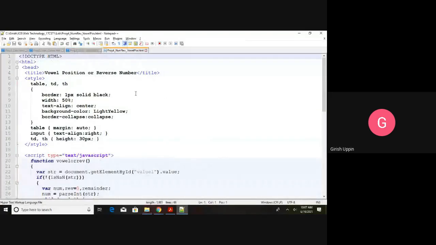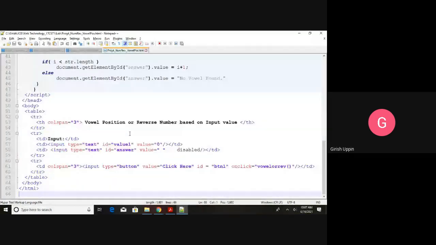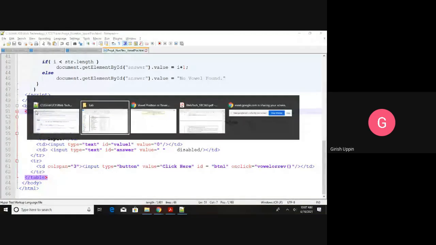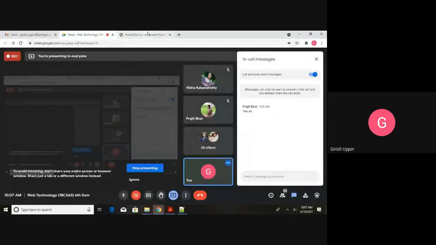Okay. So first, this is the HTML document we have. First, we will see the HTML part. This is the body. Inside the body, I have a table, and how many rows are there? 1, 2, 3. Okay, 1, 2, 3 rows are there.